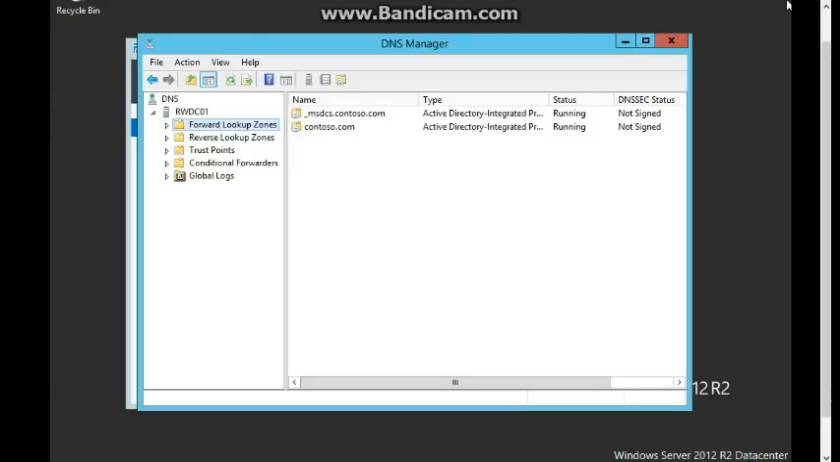Let's go ahead and begin with exercise 12.1, configuring DNSSEC for a DNS zone. First thing we'll be doing is going to our domain controller, into our tools and DNS, which we have open currently. From here we'll be expanding our domain controller directory and then expanding forward lookup zone. Then we'll be right clicking our contoso.com zone and choosing